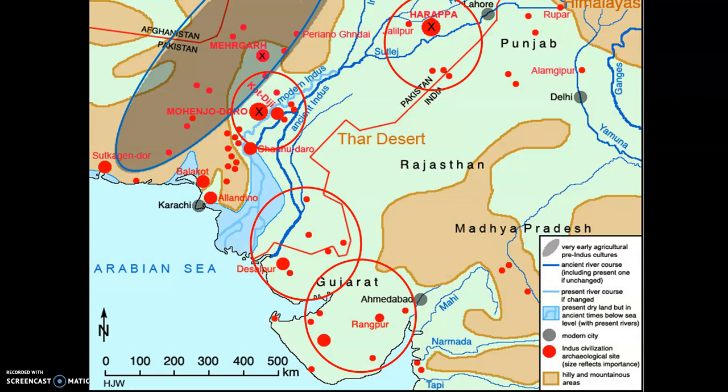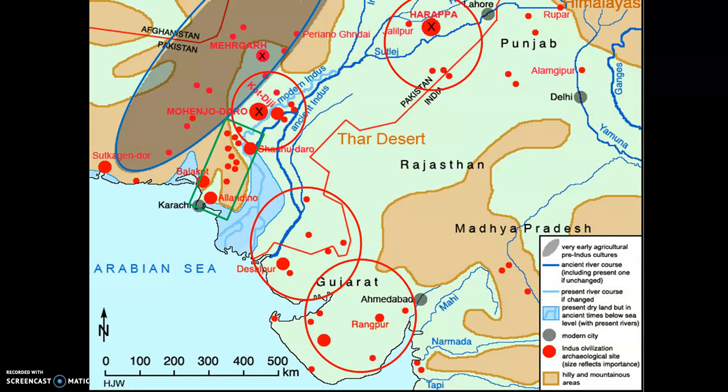We also see another similar line of smaller settlements here in between the cities of Chanhudaro and the two cities of Balakot and Alandino. Now, why do we see this line of towns? Well, for a couple of reasons. Number one, just like the areas of Harappa and Mohenjo-Daro, all of these follow the basic line of the ancient Indus River, providing access to water for irrigation, trade up and down the river,